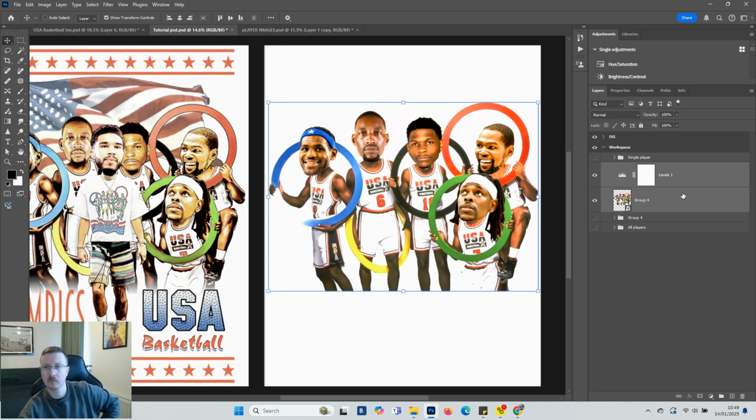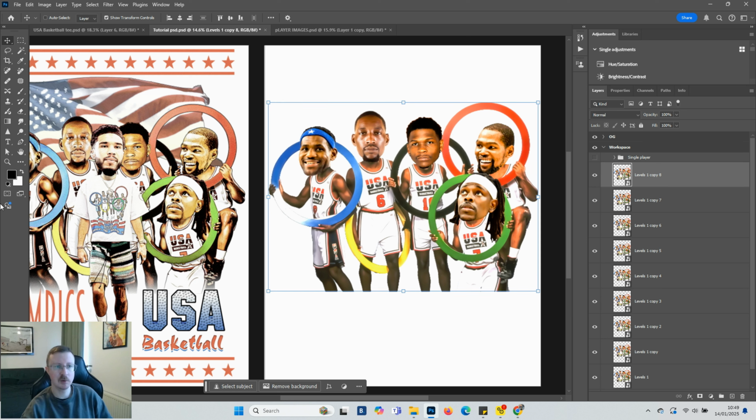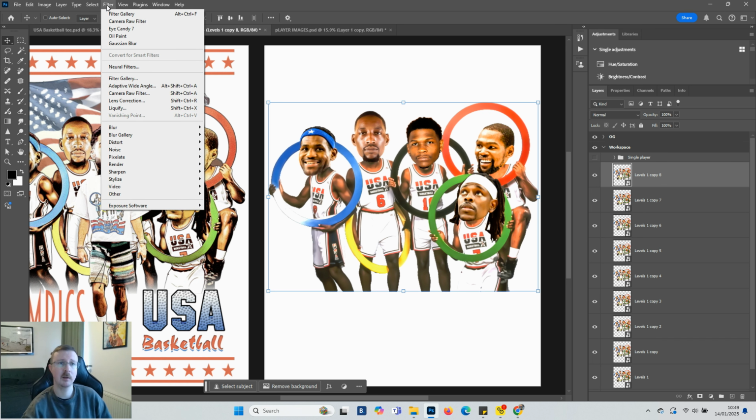So let's convert to smart object. And now for what everyone came for, the cartoon effect. So if we press Ctrl J and get a load of duplications, we're going to use a filter gallery. It's really important we make sure that black is in the foreground, white is in the background. And if you go to filter and then click on filter gallery,